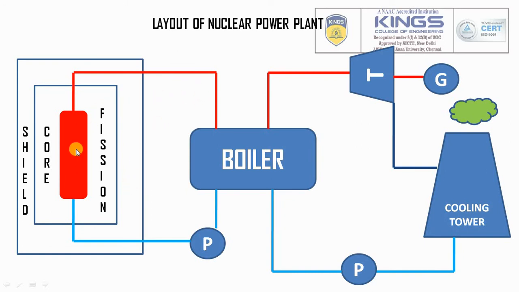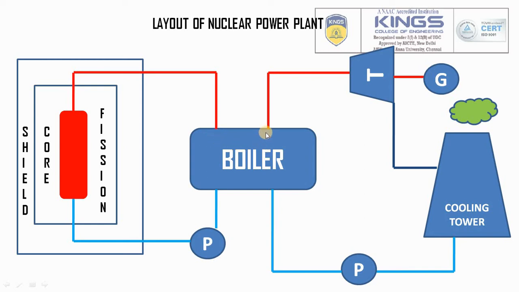This is the layout of a nuclear power plant, where you see the red colored core. In that core, the free neutron begins to hit the uranium. After that, it will generate radioactive energy. That energy is supplied to the boiler, where we supply water, from pressurized water or gas cooled reactor water or anything, from the pump to the boiler. For this, the heat is effectively utilized and becomes steam.